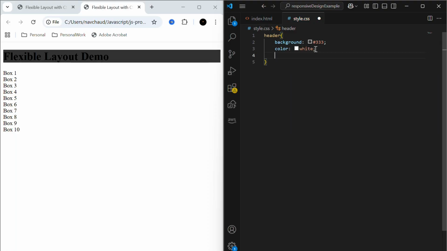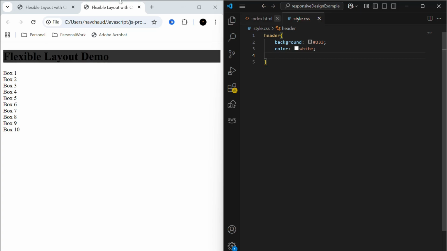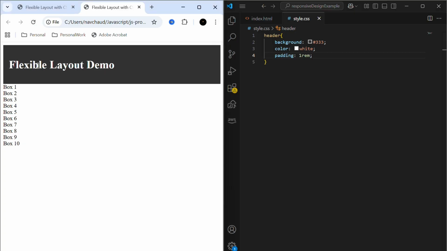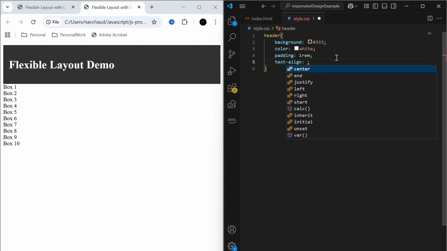Also, I want to give it some... Let me just show you first. I want to give it some padding. So I'll use padding 1 REM. REM means 1 REM is 16 pixels. So it will give me some padding. Also, I want it to be centrally aligned. I can use something like text-align center,